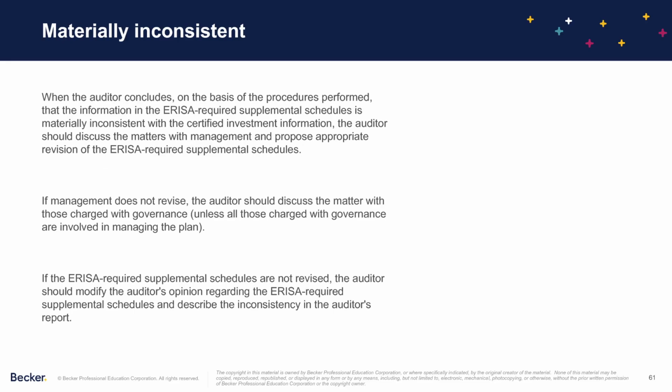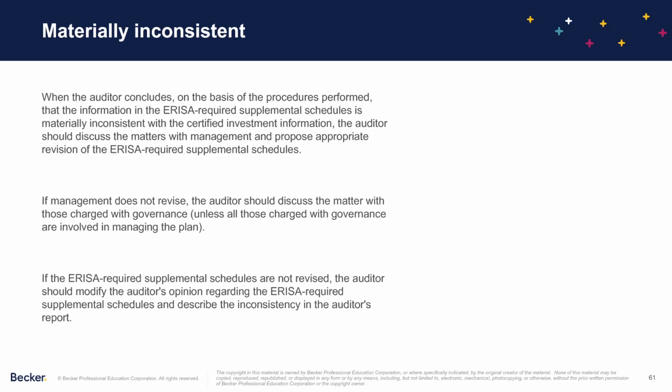So then always the question pops up, what happens if it's not, right? What happens if it's materially inconsistent? So if you conclude on the basis of those procedures, tying them out, right, wrapping that up, that the information in the schedules is materially inconsistent with the certified investment information, you should discuss that with management and propose revisions. If management won't revise it, then you should discuss the matter with those charged with governance. If they're still not revised, then you should modify the opinion regarding the schedules and describe that inconsistency in the